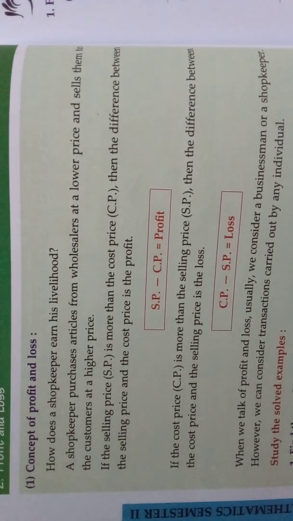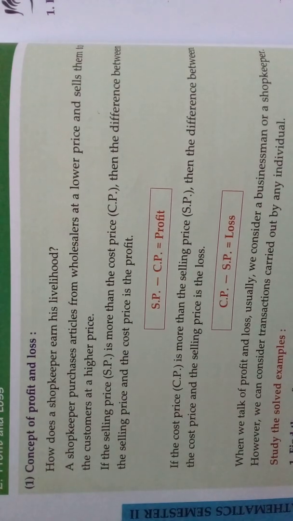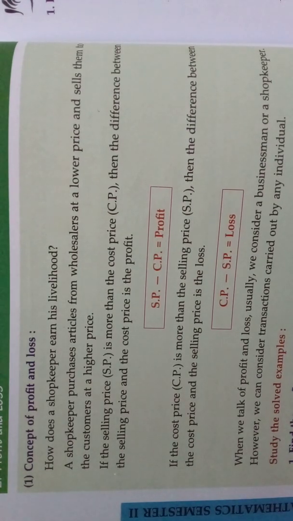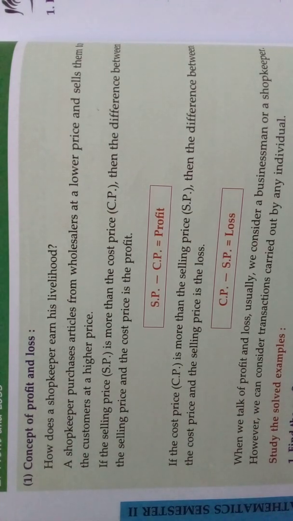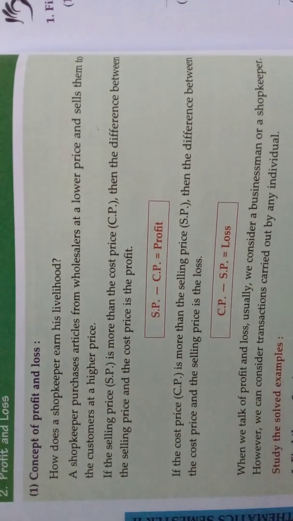So why is the shopkeeper doing like that? Because he can't sell anything, there are no customers at his shop. So he decided to sell it at a lower price even though it is a loss. That is the meaning of loss. If he purchases the pencil for 3 rupees and sells it for 2 rupees, then 1 rupee will be the loss for the shopkeeper. That is about loss.